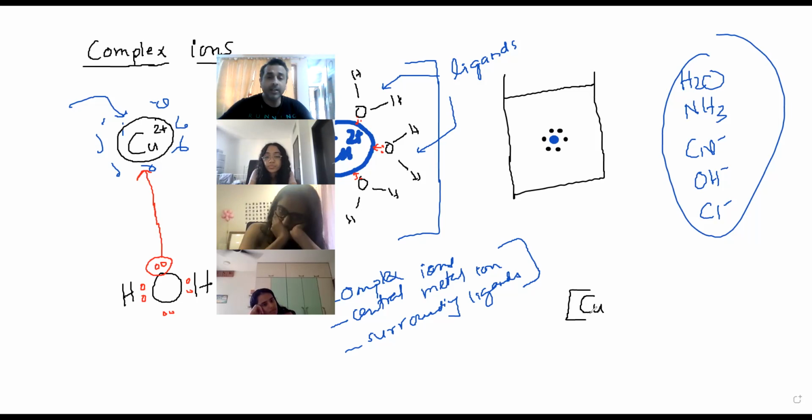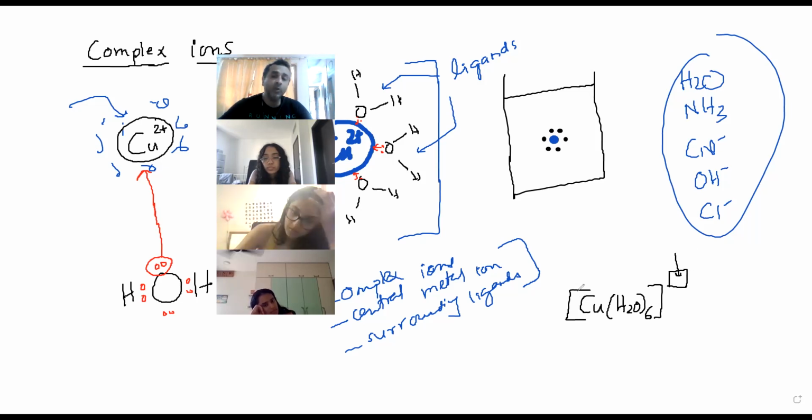So first I'll write the symbol of the metal, then open a round bracket, write the formula for the ligand, which is H2O here, and show how many ligands are there. So 6 ligands here. That's it. Close the bracket. And now write the overall charge on top of this here.